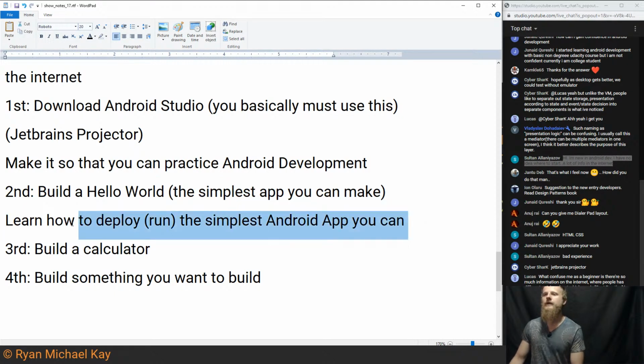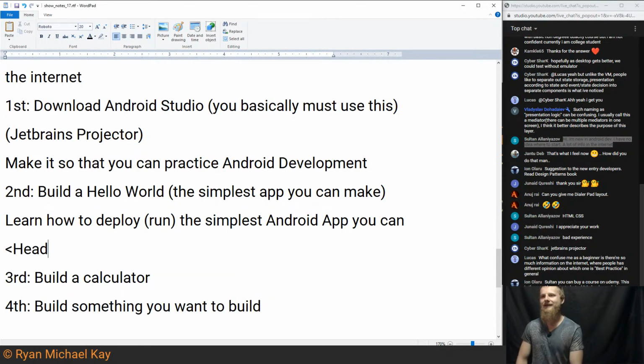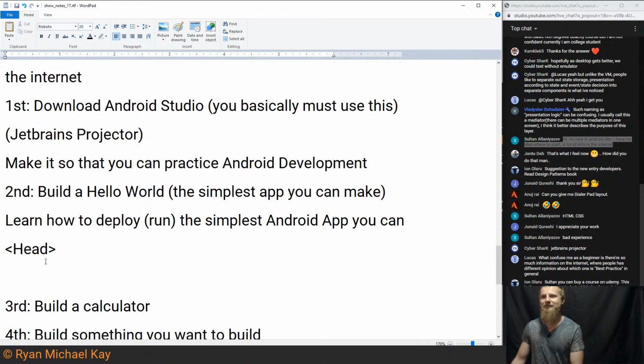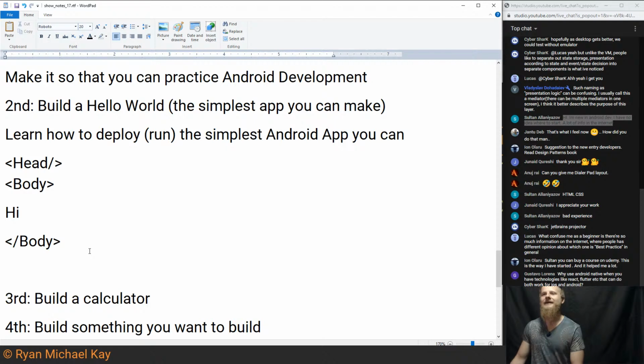So this is equivalent to your first HTML CSS page. Like maybe you made an HTML page with a head and a body. I kind of suck at HTML, so forgive me. But like "hi". It's literally the equivalent of writing a web page like that, but you want to learn